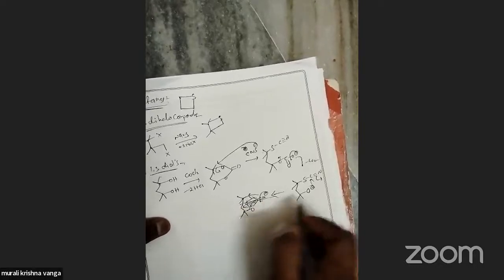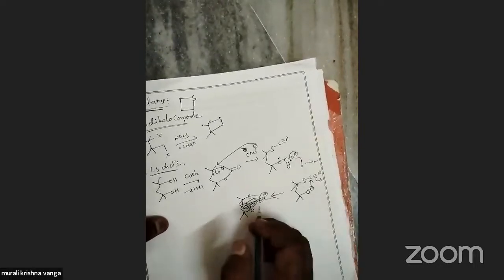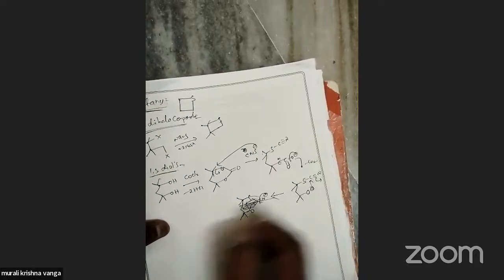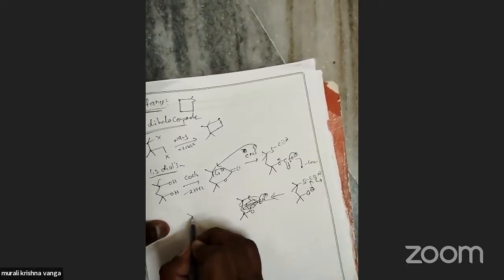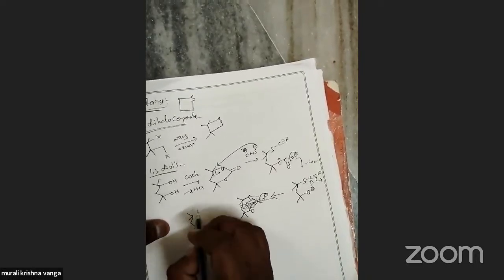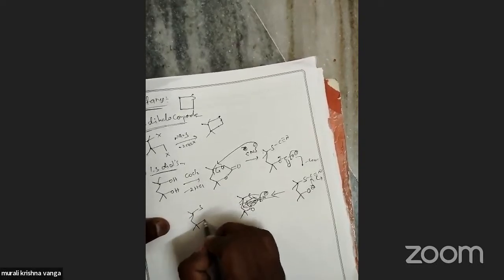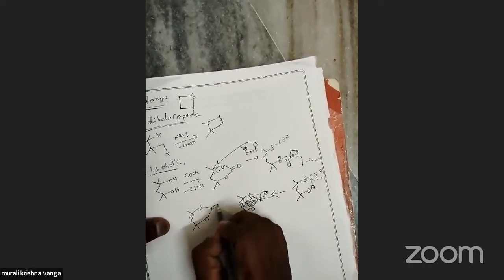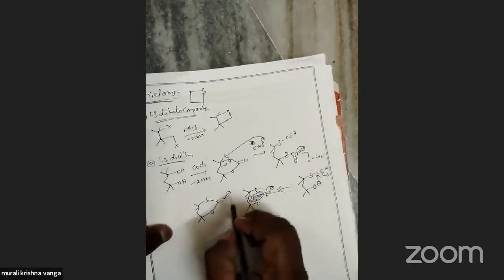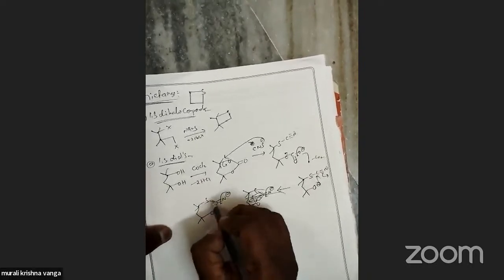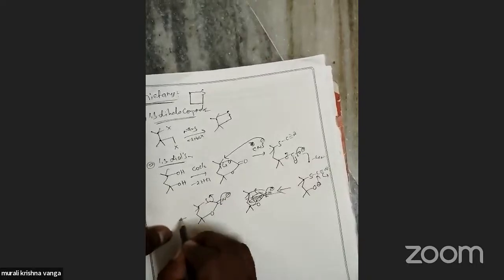When attacking here, the reverse happens. The product is sulfur, oxygen, N minus, which again comes back to the sulfur atom. Then the product is